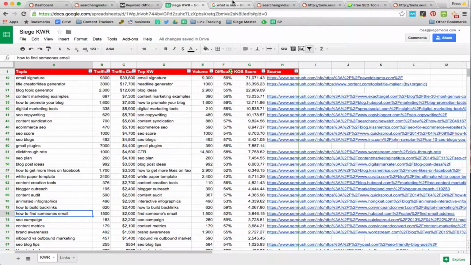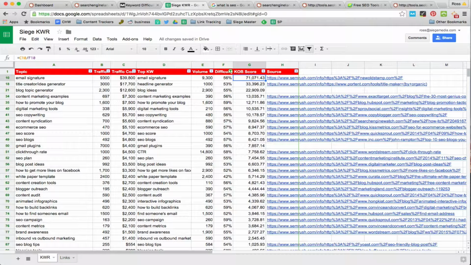A metric I haven't talked about yet, but it is important, is KOB score. So what KOB score is, you can calculate it any way you want, but it's essentially a metric to determine a potential benefit based on the value you can get from it times the difficulty. And there are other ways of doing this. People have done more advanced takes on this. Stunt Double is one of the first people, I think was the first person who came up with this score, but essentially the idea is that it gives you a way to